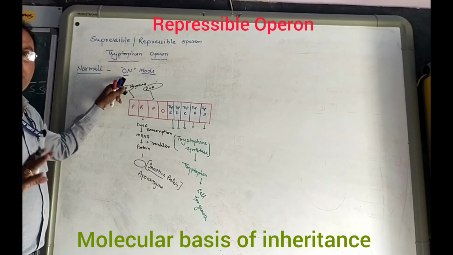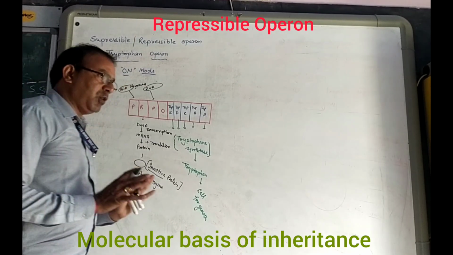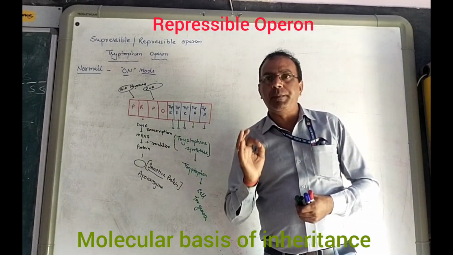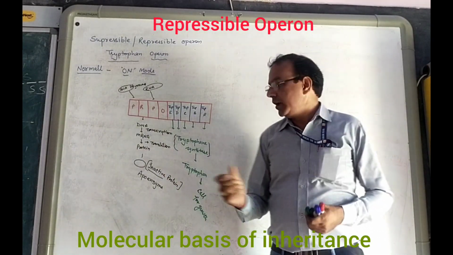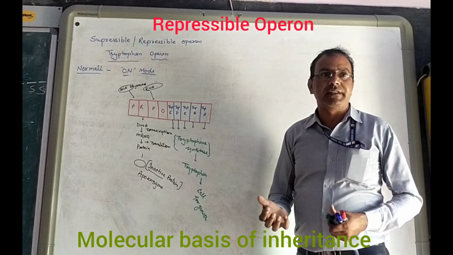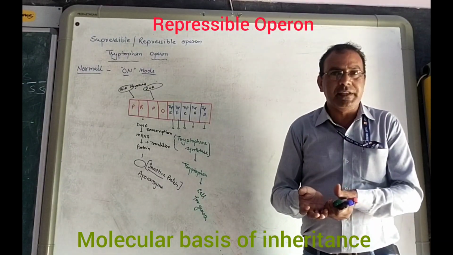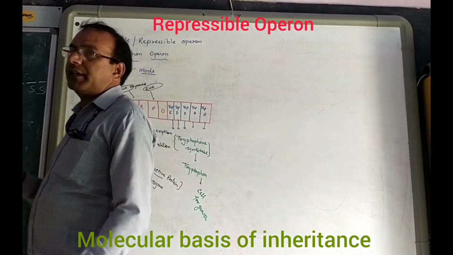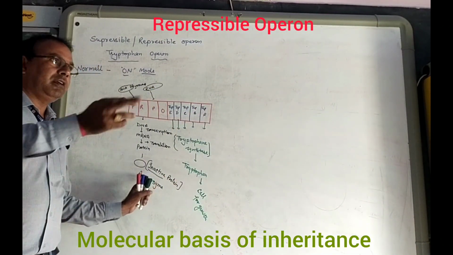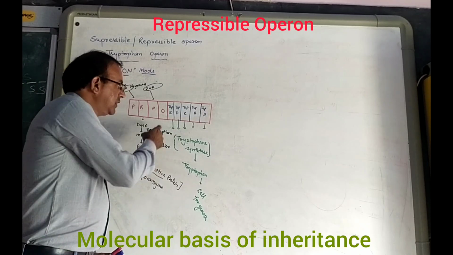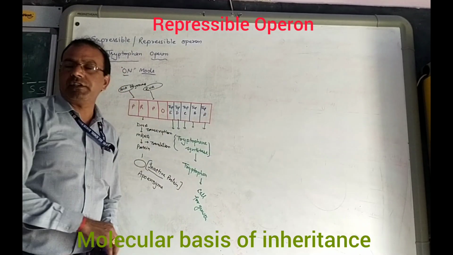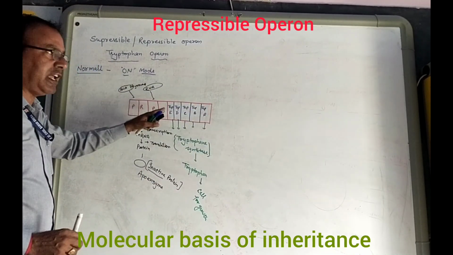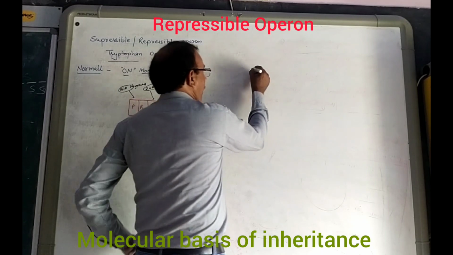It is called on-mode. As we know, if the process continues, at one stage the amount of tryptophan exceeds. It means extra tryptophan forms, and this extra tryptophan combines with the protein and activates it, which binds with the operator gene, and they change into off mode. In on mode, this structure remains the same. But as we discussed, on off mode,